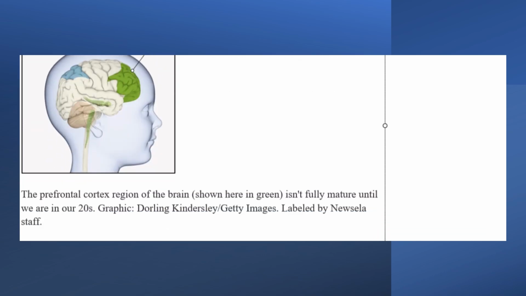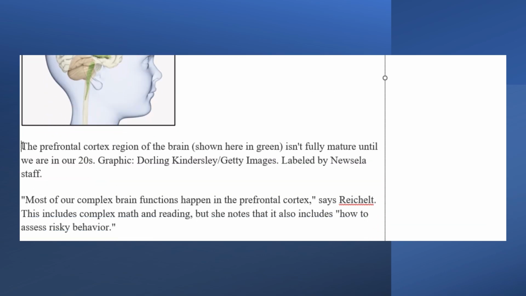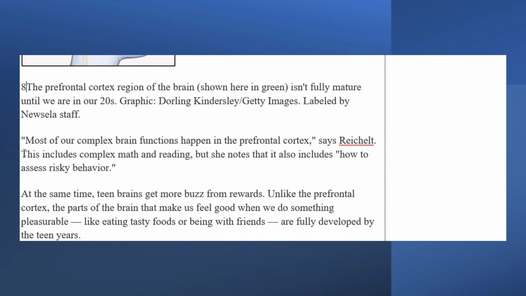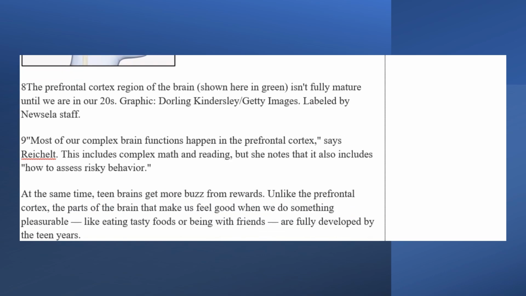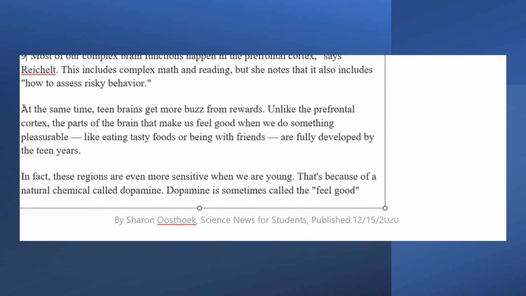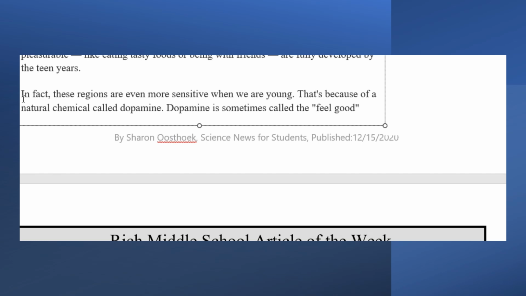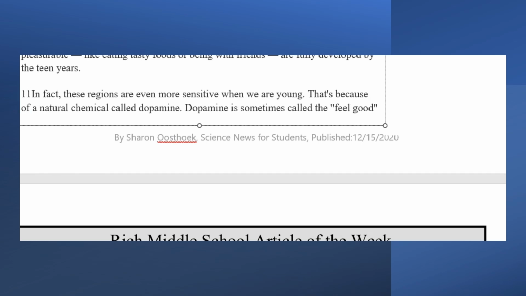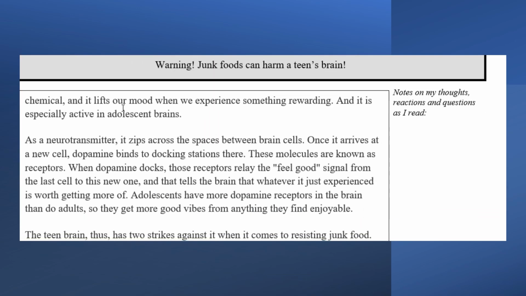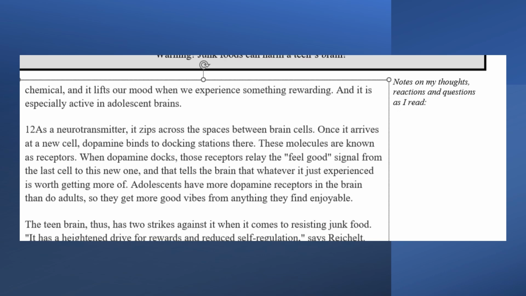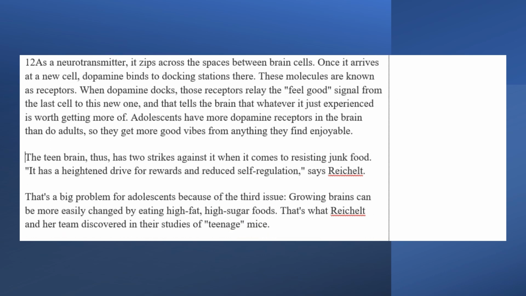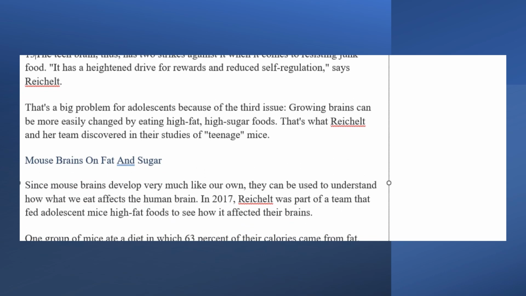7, 8, 9, 10, 11. Remember, see how this sentence doesn't have a period right here? It means that this part right here is part of 11. So then we're going to click on 12, 13, 14,